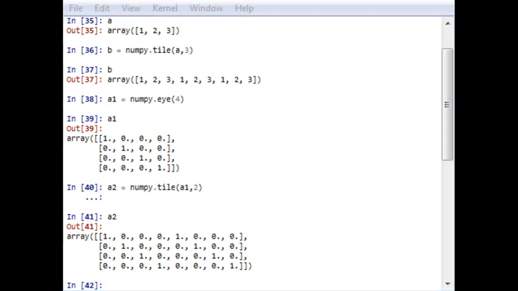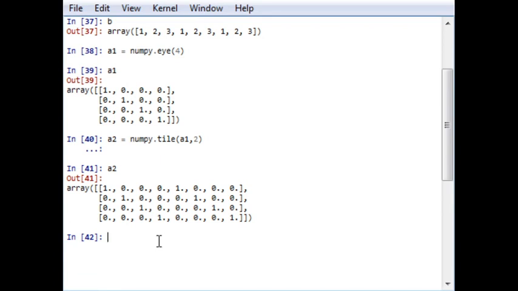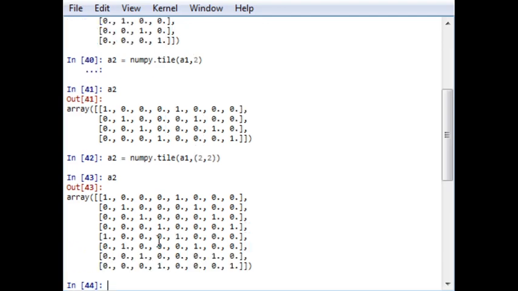Now this is quite simple, that A1 is in one dimension only, that is row wise. Okay, now to create A2 that is similar to a 2-dimension, that is repeat A1 in both dimensions. If I want to do that, what I will do in the previous example, instead of 2, I will give it a 2-dimension input, that is 2 by 2. So now A2 will be in 2-dimension.